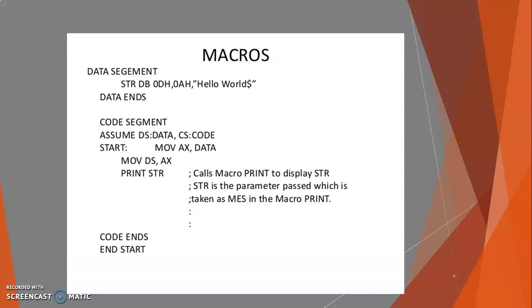Before that, I am telling you the difference between near and far. Near means within the same code segment. Replace the old IP with a new IP. The value of IP is pushed on the stack, so that is called an intra segment call. Far means within a different code segment. Replace the old pair CS and IP with a new pair. There it was only IP, the old IP you had to change. In far, you have to change both CS and IP. It is called an inter segment call.